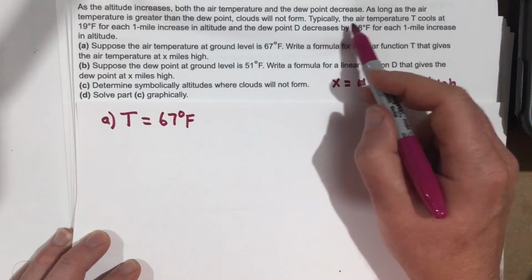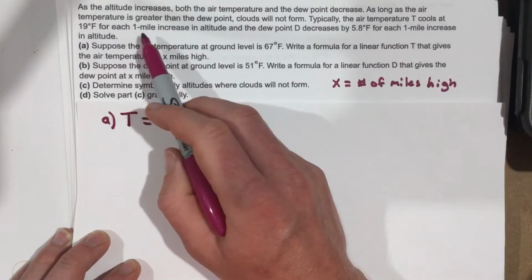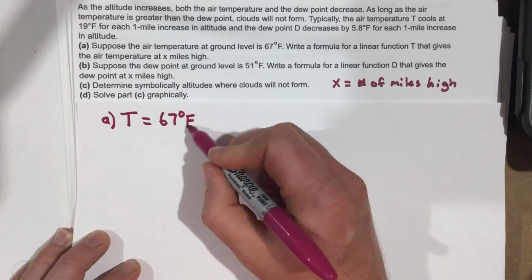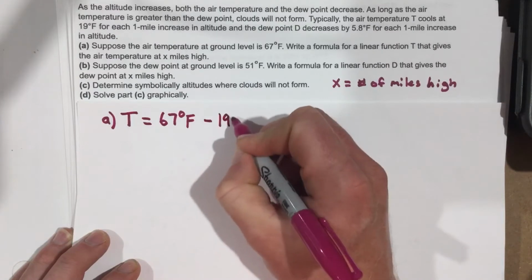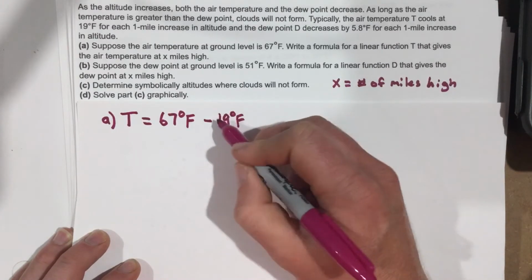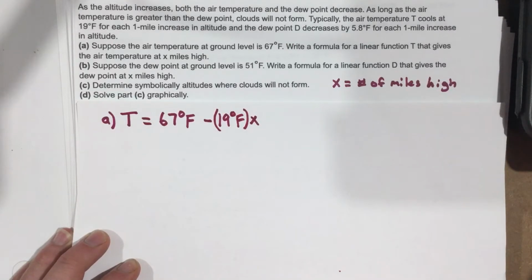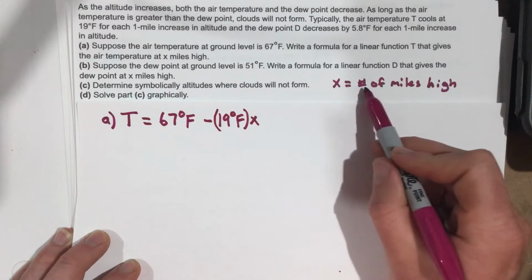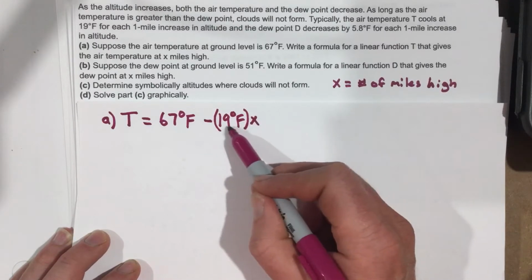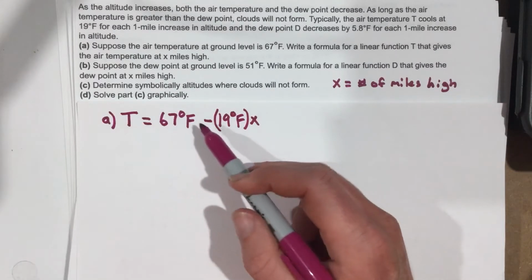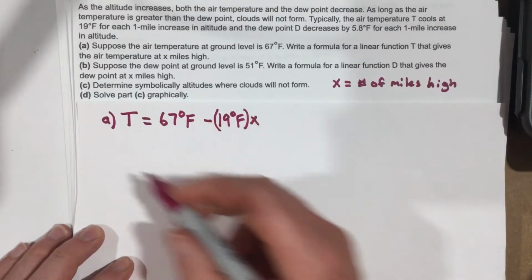And we know from the problem that they say the air temperature cools at 19 degrees Fahrenheit for each 1 mile increase. So we're going to say 67 degrees Fahrenheit minus 19 degrees Fahrenheit, times the miles we go in the air. And you can see I've written here X equals number of miles high. So 1 mile up, we subtract 19 from that, that's 48 degrees. We do the same thing again, we're at 29, so on and so forth. Now part B